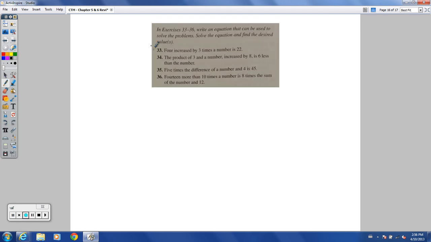Let's check out 33 and 35 now. So we are writing an equation that can be used to solve the problems, and then solving the equation to find the desired values. Let's do 33 over here first. 4 increased by 3 times the number. 4 increased by, plus, 3 times the number, let's call that number x, equals 22. And now we just solve that